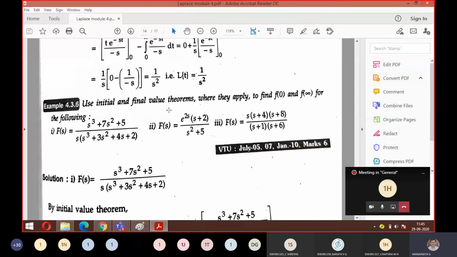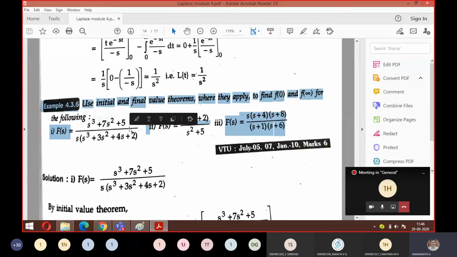Okay. So coming to the next type of problem, that is your property I told you, right? Initial value theorem and final value theorem. Just remember the application of your limit: limit s tends to infinity, limit s tends to 0. That's all. Nothing else you should do. A slight manipulation that will give you 6 marks. So look at the question.